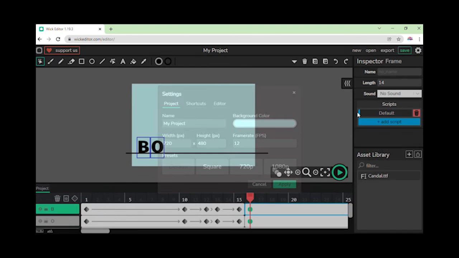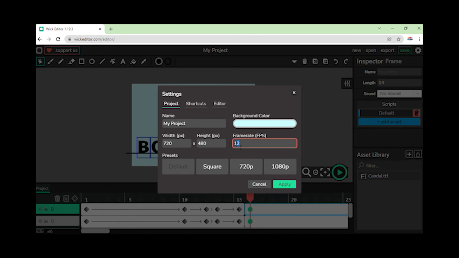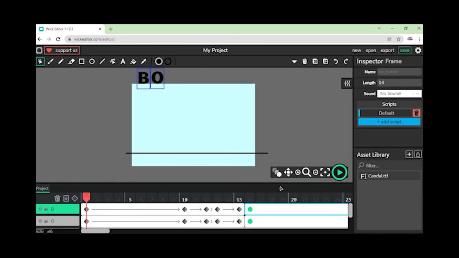So that's a better color. And one more thing, I want to increase the FPS by 1 and say apply. Now if we see the animation,